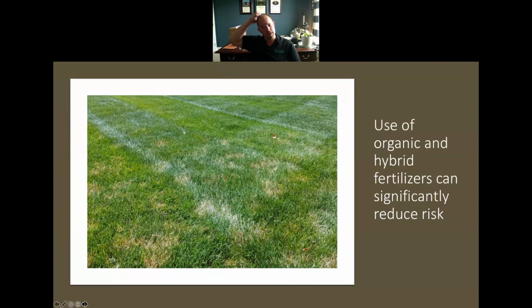Another interesting thing, when I was in school at Ohio State, my advisor and one of my professors, Dr. Bain, was doing a lot of work at the time on the use of biosolids and organically based fertilizers. And he found that using organics and biosolids, things like that, tended to significantly reduce the risk of this disease. And he was doing it on a lot of sand-based putting greens and tees. And so that was kind of an interesting thing. I think what typically is going on,